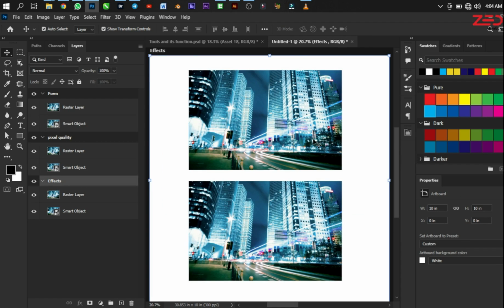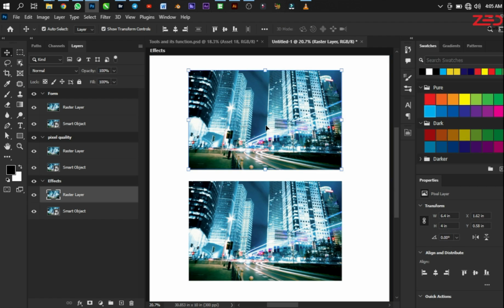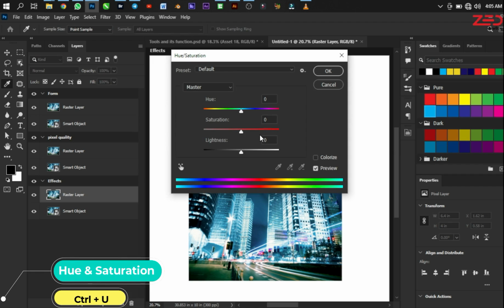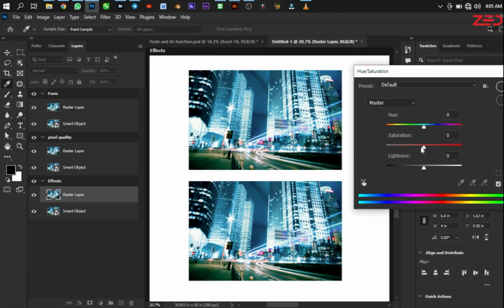When an effect is applied to images like this and they are not smart objects, they will accept the effect, but the challenge is that they cannot be altered any longer. A very good example is if we apply the Hue and Saturation effect, which has the shortcut Control U. In that we can change the color. This is something you will notice. We just change the color right now to this. Now if we click OK,